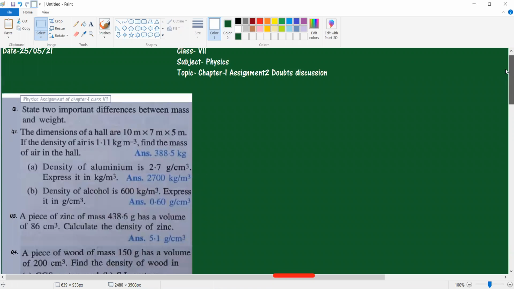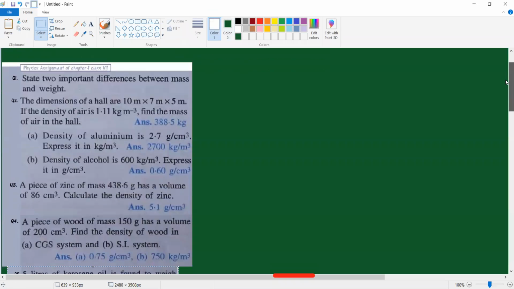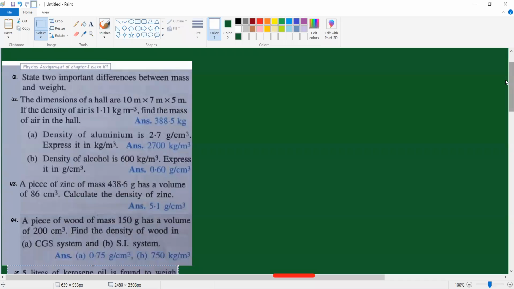So this sheet I have given on Saturday, and I hope most of you have attended it. So I'm going to start with question number 2. It was asked by some student. So in question number 2,